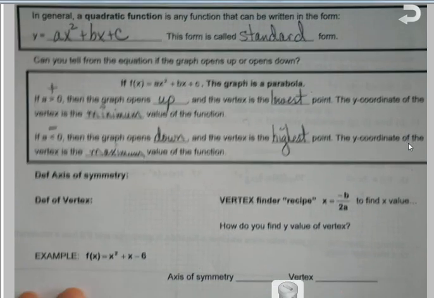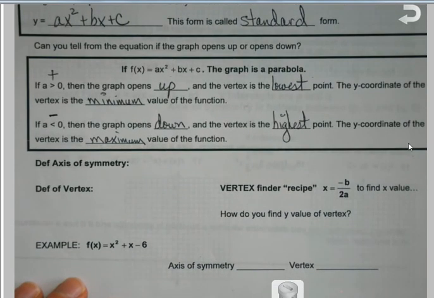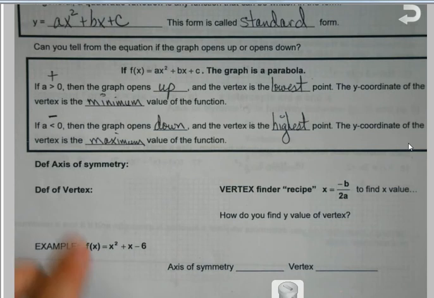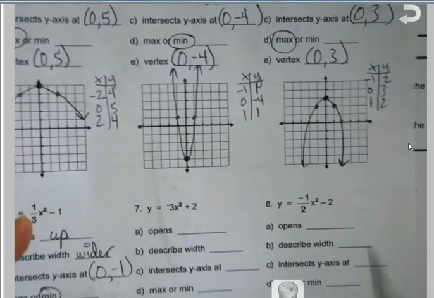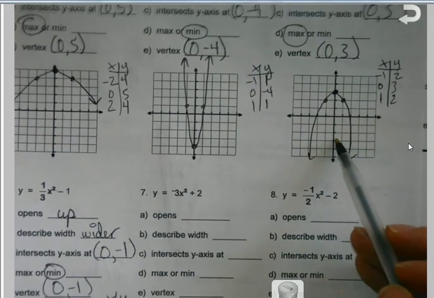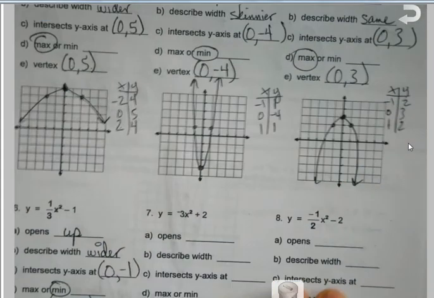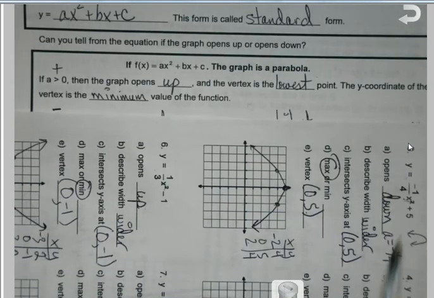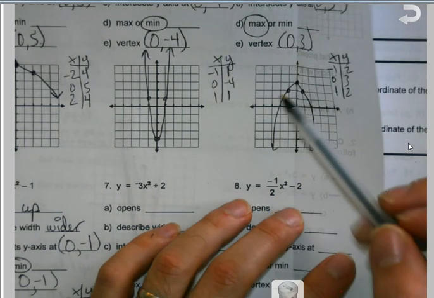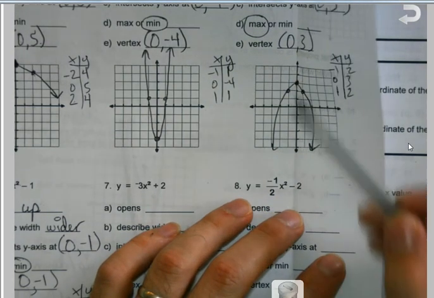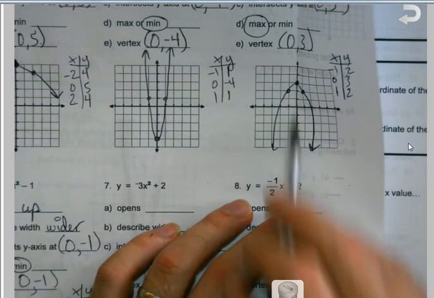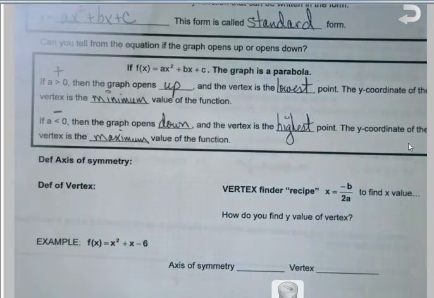So, just for our last little simple thing here at the bottom, we talked about vertex. We haven't talked about this thing called the axis of symmetry yet, and basically, if you wanted to get a picture of it, if I were to take one of my graphs, take my paper and fold it in half, okay? Fold it right along where that point is. What would end up happening when I folded my paper, if you can see my fold here a little, is that I have symmetry on both sides. Well, this axis that's causing that symmetry is called the axis of symmetry,